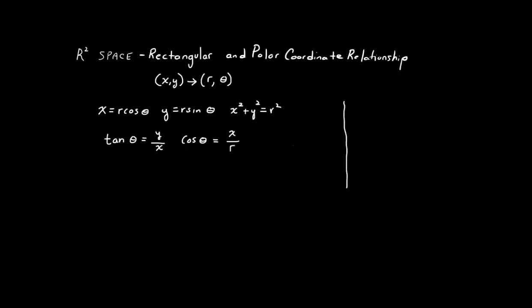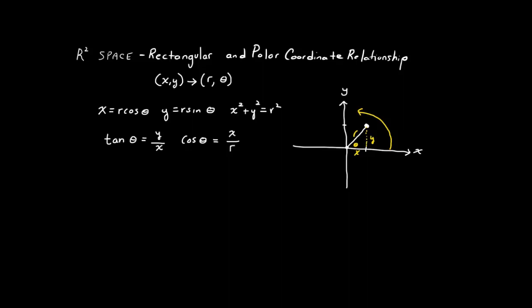Now let's come over here. We'll do a quick Cartesian plane with the x and y axis. And this is a real simple review. So any point out in here, which traditionally we use rectangular coordinates, (x, y), r is the distance from the pole or origin out to the point. And so you can see that we create this right triangle where this is the x and this is the y, and that's where we get our relationships, that x is equal to r cosine of theta, theta of course being the angle rotated